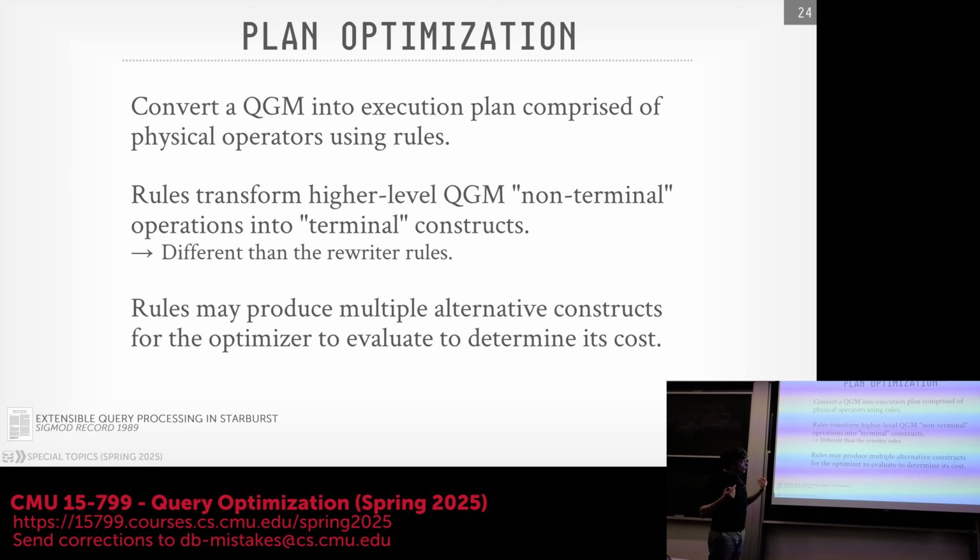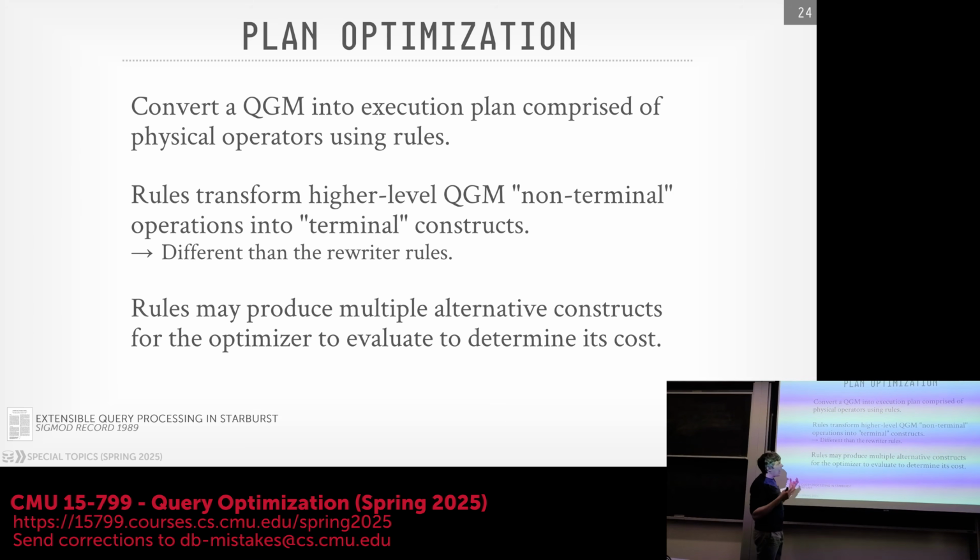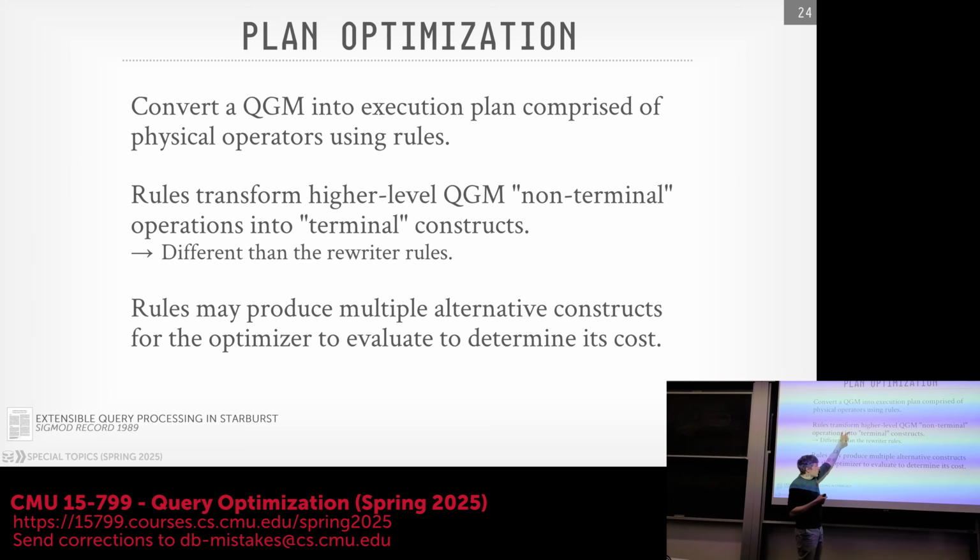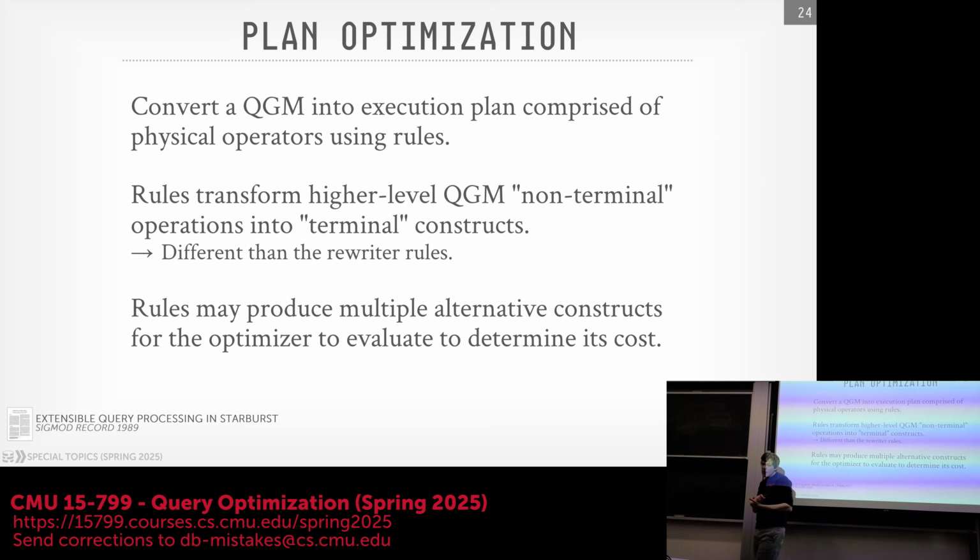So now they're going to do more rules where they're going to transform the high-level constructs, or operations, that are in our query graph model, which they call the non-terminal operations, and we're going to convert that into the terminal constructs, the lollipops, that define how you're actually going to be able to execute the query plan. And what's interesting about these rules is that